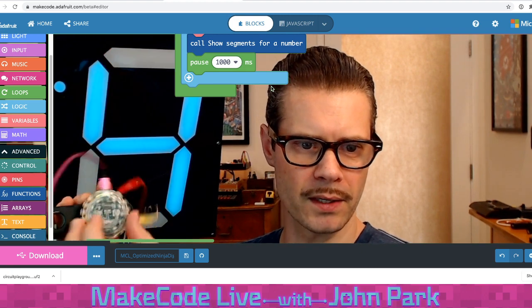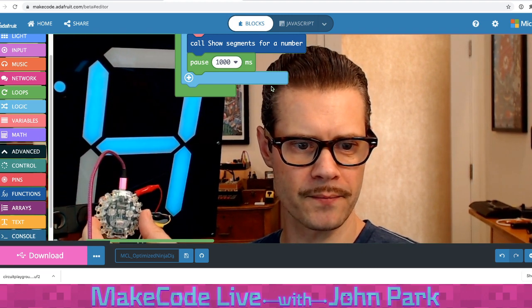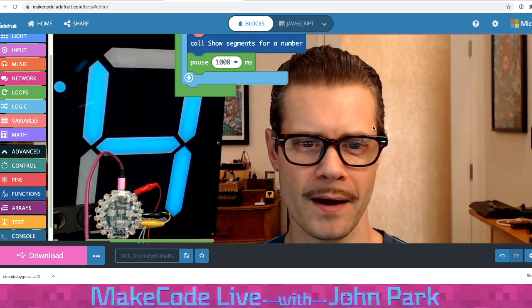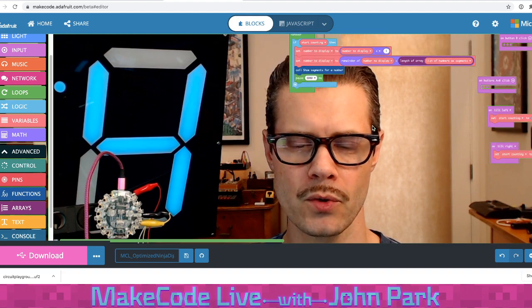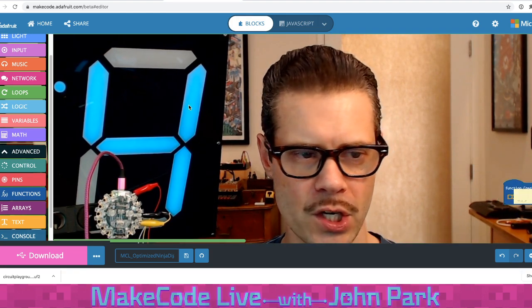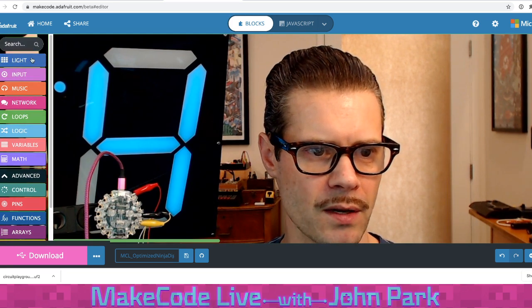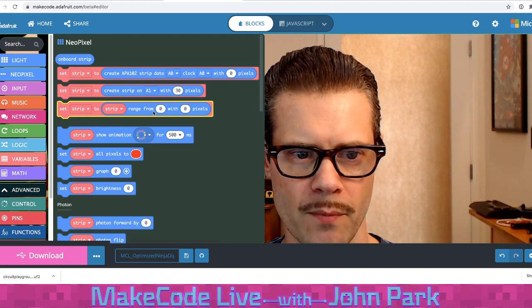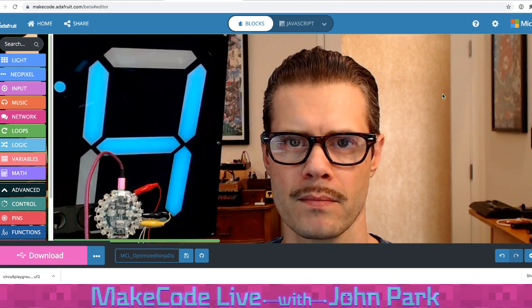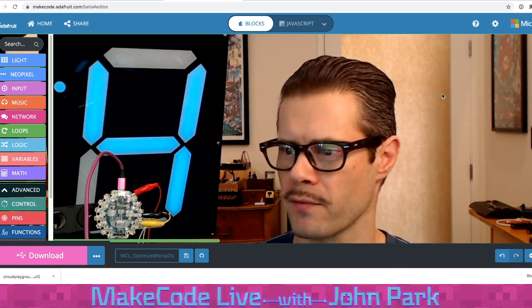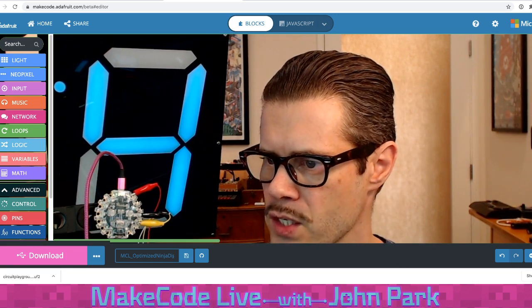And it reacts immediately because this is multi-threaded. So there you go. That is a little bit about how you can use the super cool NeoPixel range blocks that live right here in light NeoPixel. This set a strip to a strip range from number to how many. To be able to talk to a big, long, huge strip of NeoPixels, which I'll just remind you,